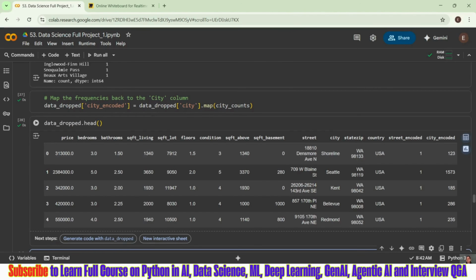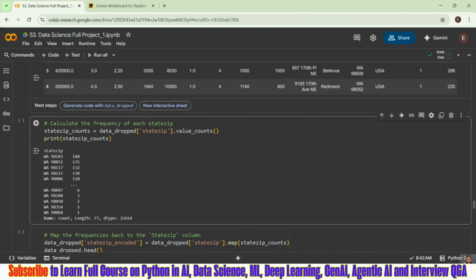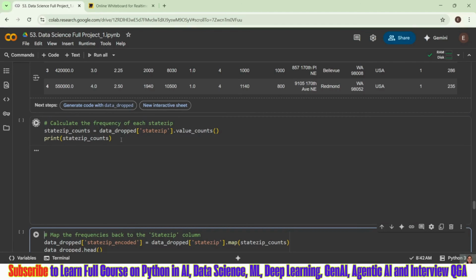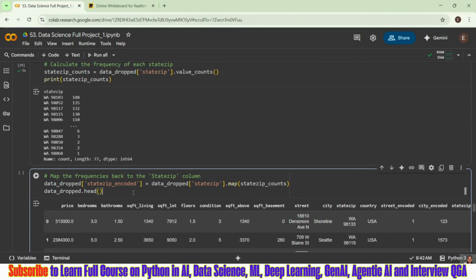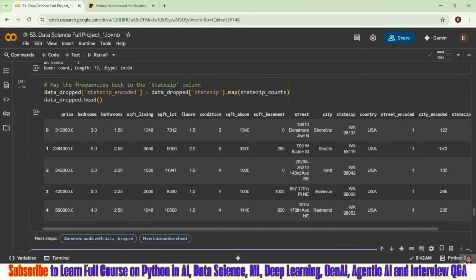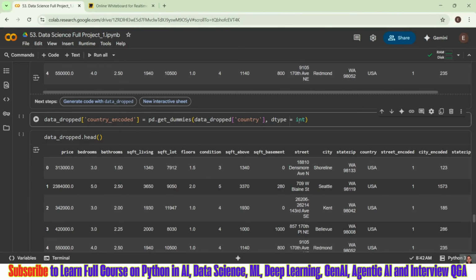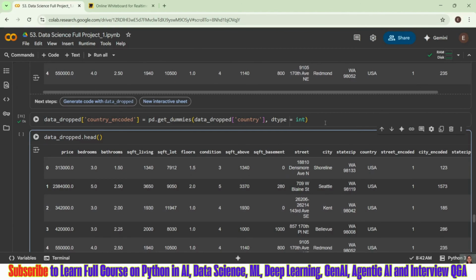So we got street encoded, we got city encoded. Then the next step, you can get the state one, and you can just see we are getting like this, and you can apply the map, and after that I am getting my country encoded.